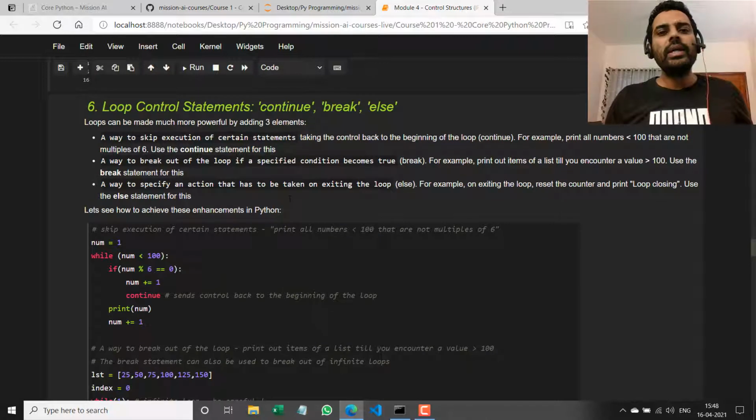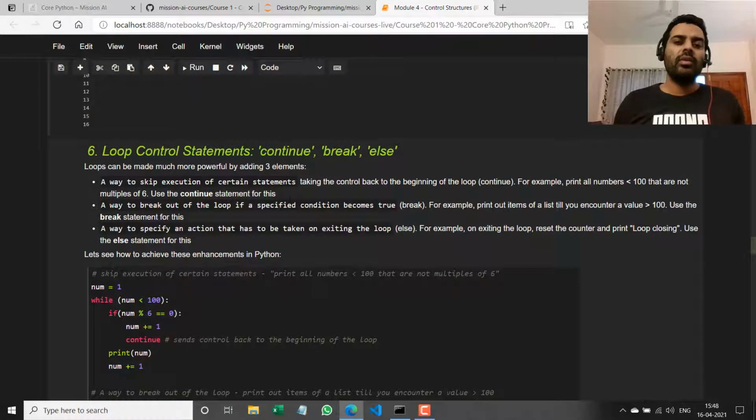So continuing our understanding of loops, right? There might be times when we want to perform certain special operations within a loop, right? Now we know that the while loop executes as long as the condition is true. But there are some things that I might want to do. For example, in certain instances, I might want to skip certain statements, right? And just go back to the beginning of the loop, or rather to the next iteration of the loop. And the way to do that is the